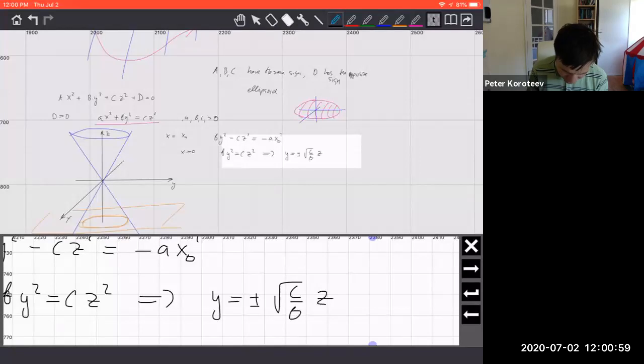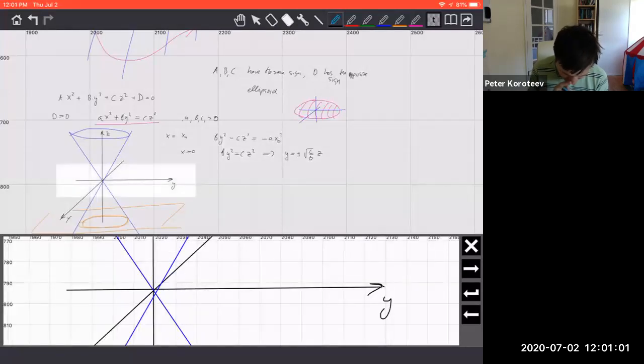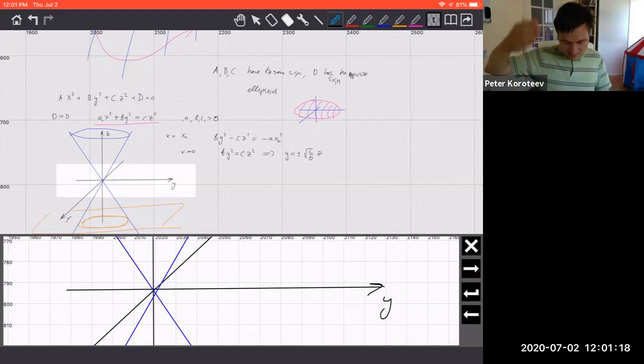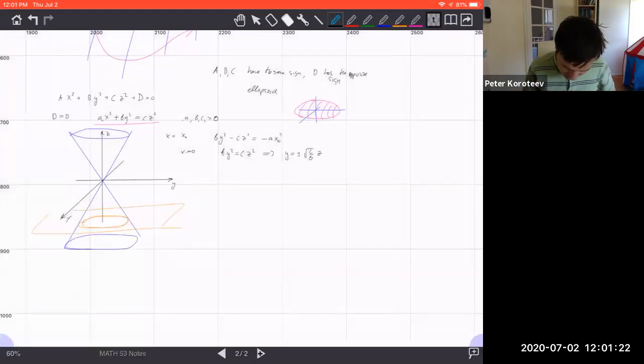So these are two lines which belong to the cone at the plane given by the equation x equals 0. So these are the lines you can do that. You can show the same for every plane that contains the z-axis, right? So if you slice it with a plane, so it goes like that,